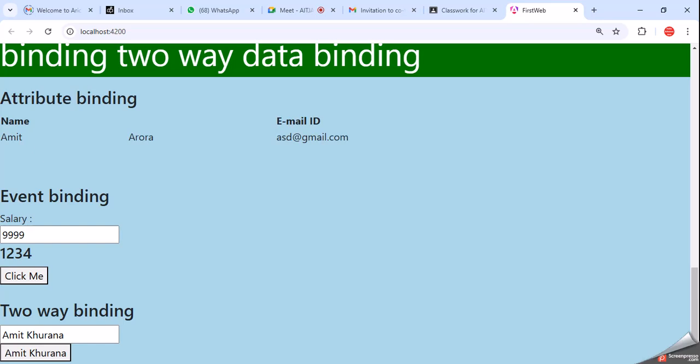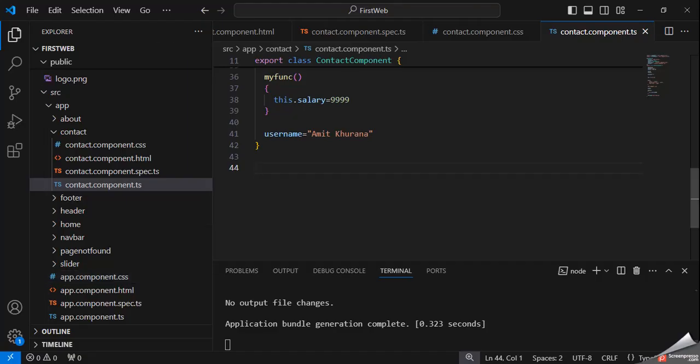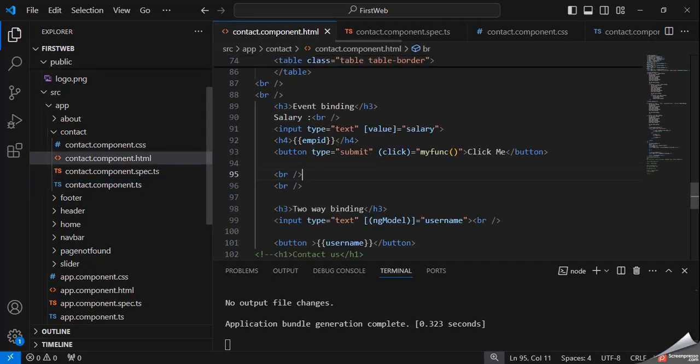So on an event we can call the value from the TS file. For this purpose we can call any function, like a click function on a click event, and here we are calling a function, and we need to declare this function in the TS file.